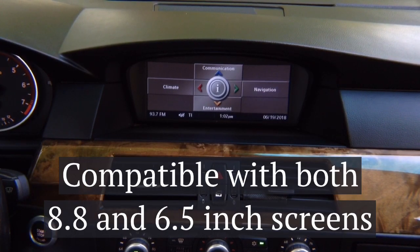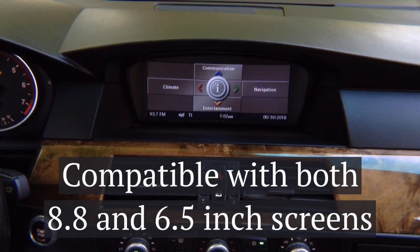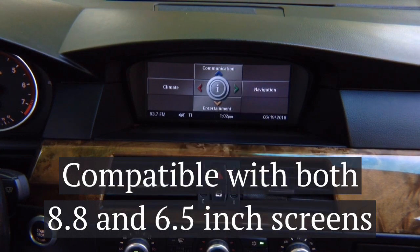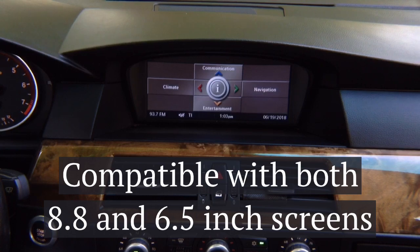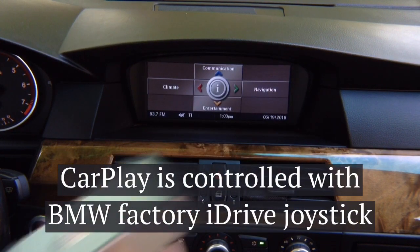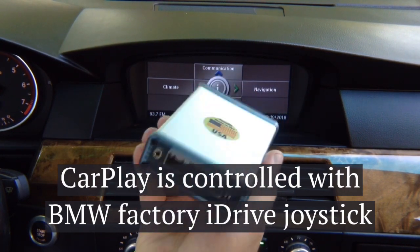Hello everyone, in this video we're going to show you two interfaces for BMW with CCC radio 2003 up to 2010. It works with the large 8.8-inch screens on all BMWs including X5 and a smaller 6.5-inch screen. So both sizes are good, 8.8-inch and 6.5-inch diagonal. We're going to show you wireless mirroring with front and rear camera inputs. You can wirelessly mirror iPhone and Android devices. And we're going to show you Apple CarPlay and Android Auto made in USA, and they're all controlled with a